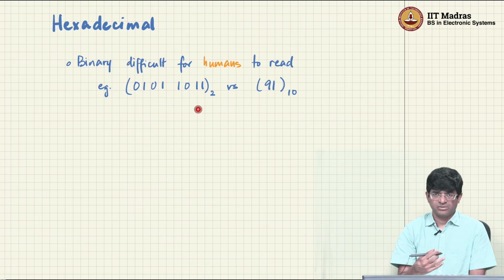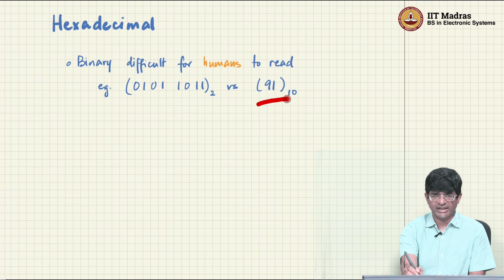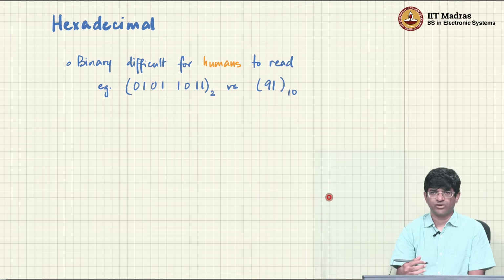But we as programmers are going to be interacting with the computer a lot, right? We could try and have all of our values being written in decimal, but there are a lot of things, especially in terms of the range of addresses, the size of arrays, the size of different data structures and so on, which it turns out that having them in binary makes it much easier to understand how the memory is being used. Okay, so then we'll have to keep switching back and forth between binary and decimal, and the decimal equivalents of many of the